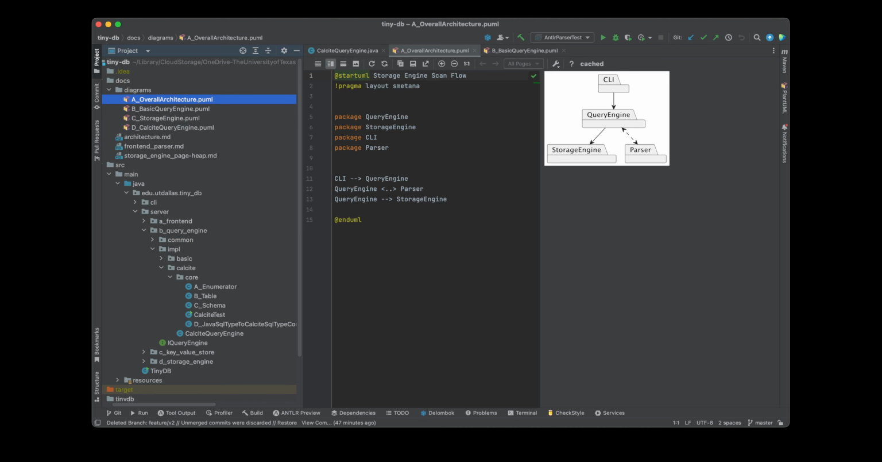We have a command line interface class which accepts SQL queries, and then it passes them on to the query engine. The query engine talks to the parser for converting the SQL statements to a data object. Once the data object is ready, we'll pass it on to the query optimizer within the query engine, and then the query plan will talk to the storage engine via scans and retrieve the record. So this is the overall high level flow of this